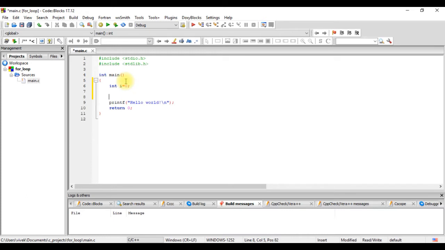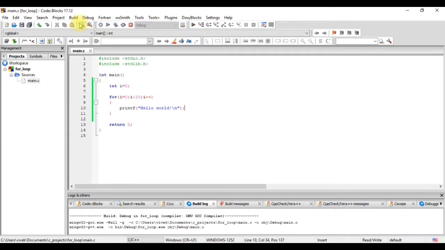And I'll write the for statement. I give the keyword for, and in brackets I'll write I equals 0, a semicolon, I less than 10, a semicolon again, and I++. And then I'll give the curly braces and put this statement inside the curly braces.